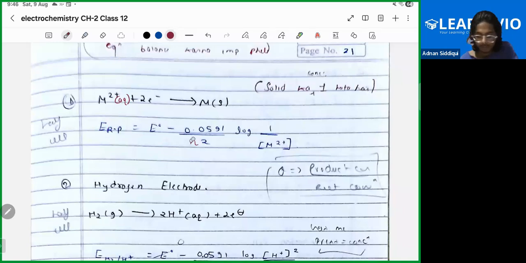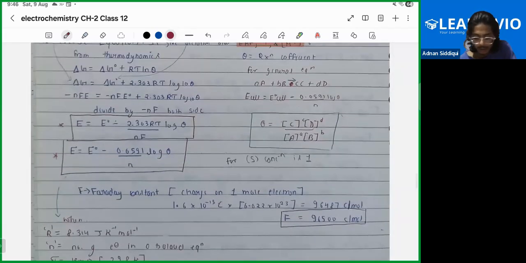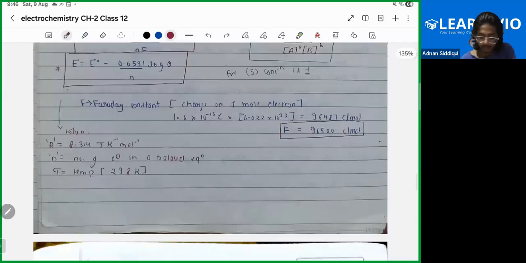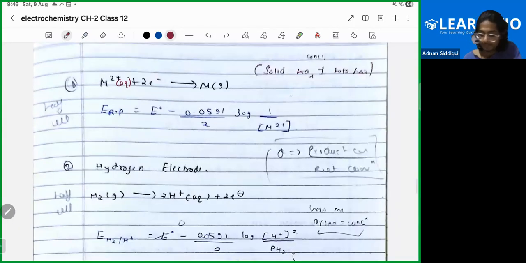Now, how do we know that this n is 2? Because in a balanced chemical reaction, the number of electrons that we are observing is 2. And this theta that we have used here, how are we going to solve it? Theta is your product concentration. This square bracket basically signifies that you are taking concentration,